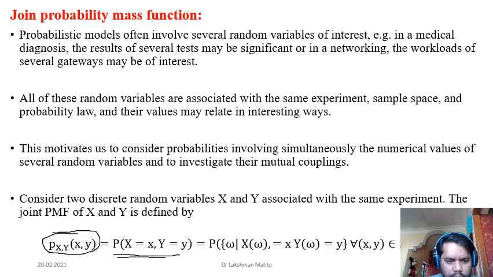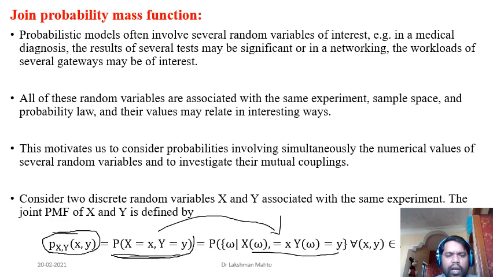So this joint probability mass function is defined by the probability that X is equal to x and Y is equal to y. And if you go into the sample space, then similarly you can talk about this intersection, the probability of this intersection. So here this outcome comes with respect to this intersection. You might have already seen that knowledge of the values of the random variable is enough to find the probability mass function. We don't need to always go back to the sample space. It is not necessary. Just for verification purposes, I write it this way, but you can ignore this.